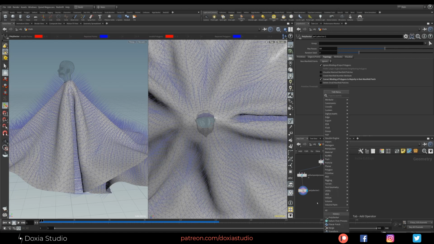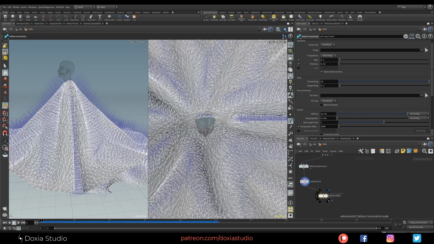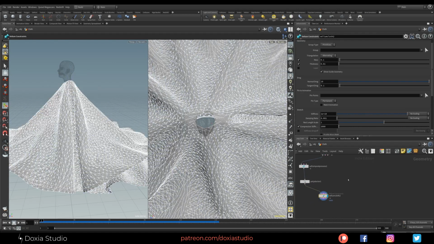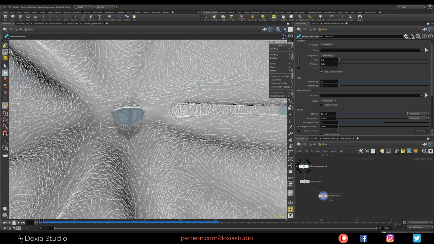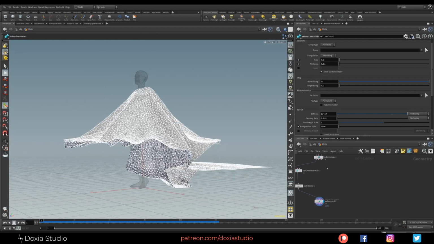So let's place a cloth again. Vellum configure cloth, wire this in, let me turn off the normals and go back to single view. I want to see the perspective. Okay, we have the vellum cloth, and I want to use the collision, same as we did on drape. Not the same, because now we want to animate one.